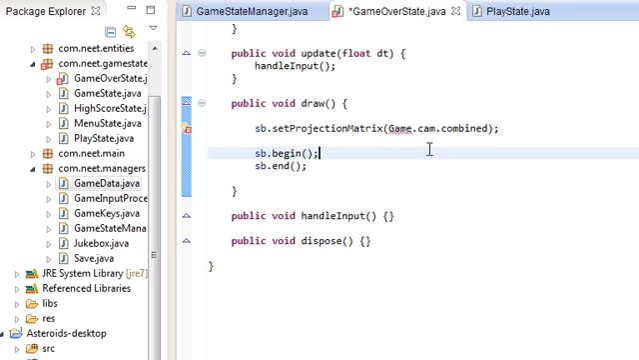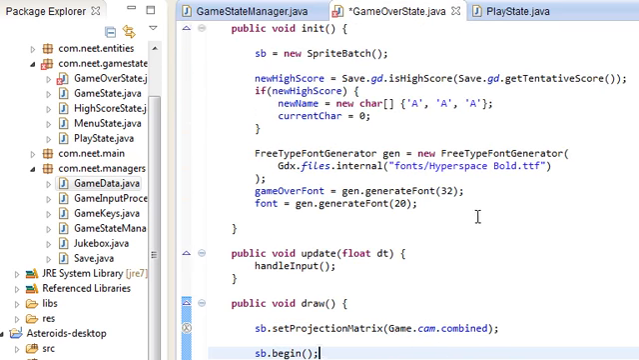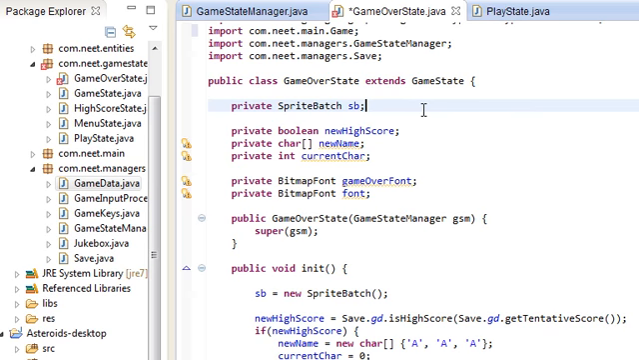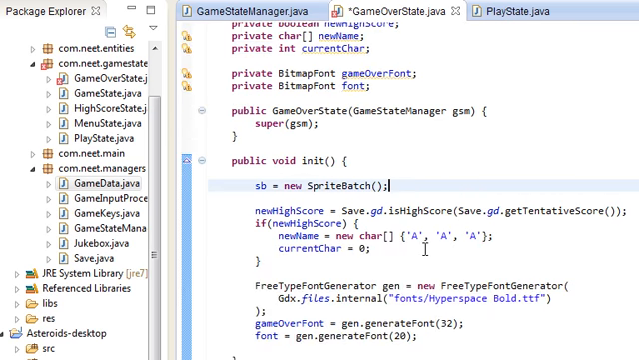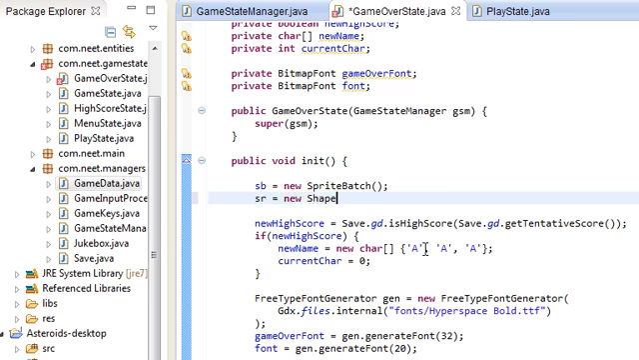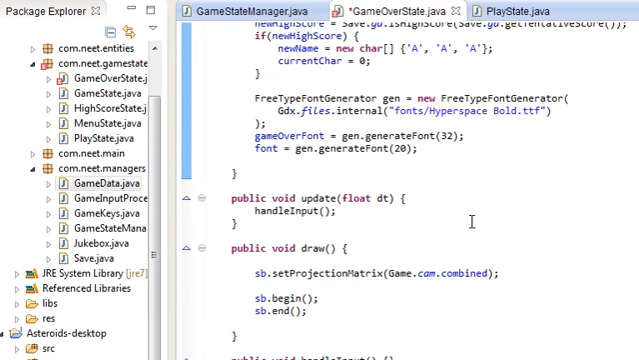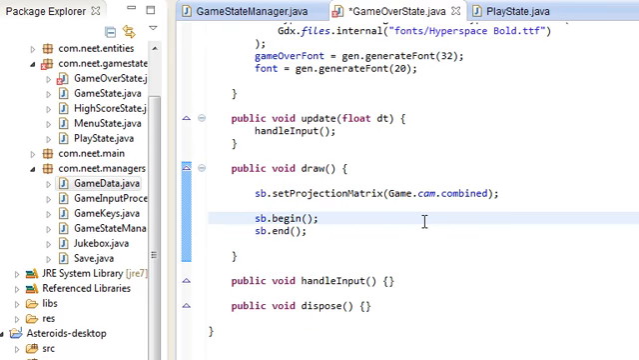Make sure to import your game, not LibGDX game. I forgot, we're also going to need the shape renderer, because we're going to be drawing some shapes in this class as well, shape renderer SR. So import that, and then just over here in init, let's create a new shape renderer, like that. And if we go back to the draw method, sp.begin, sp.end,